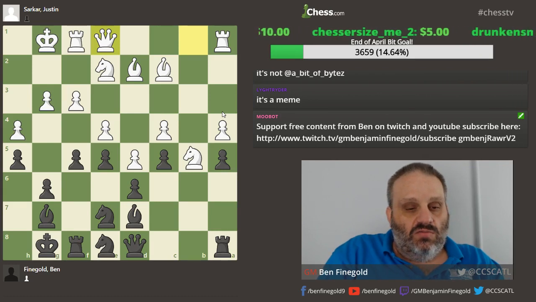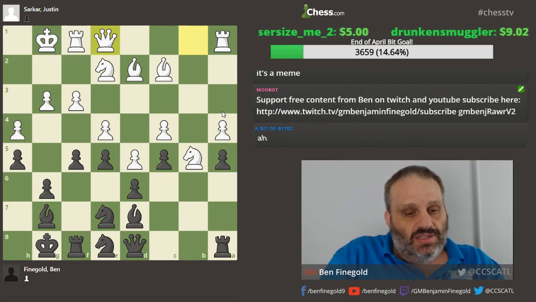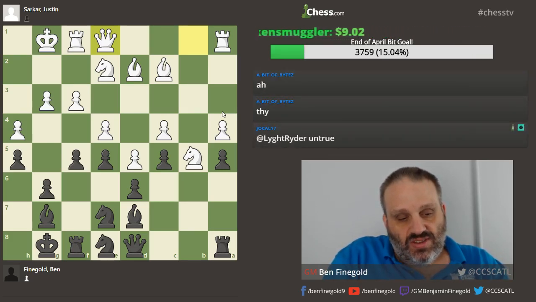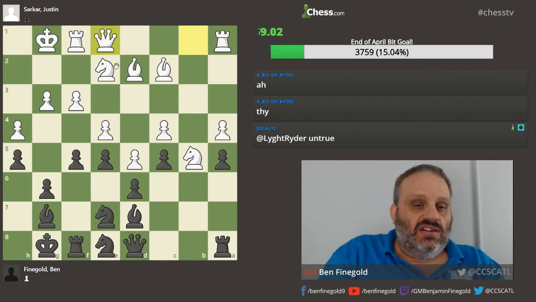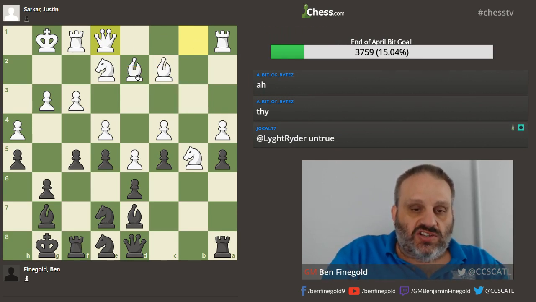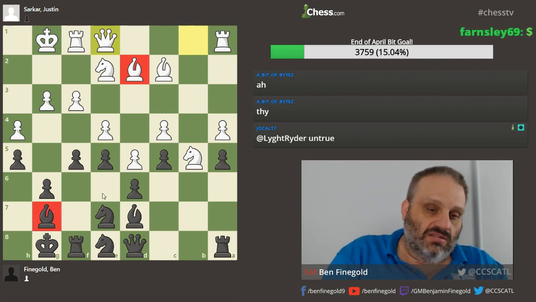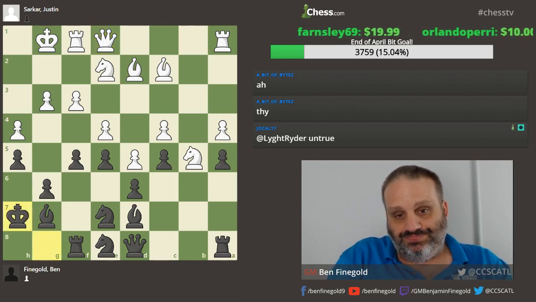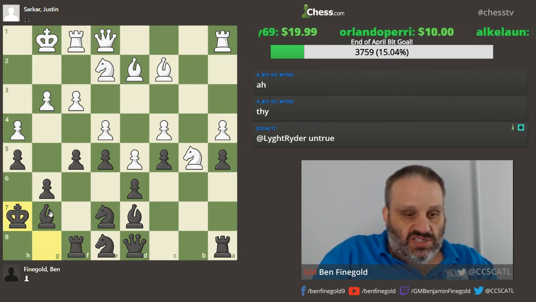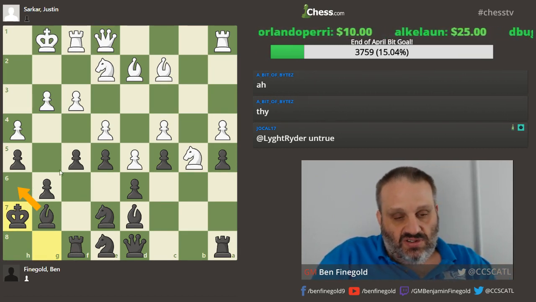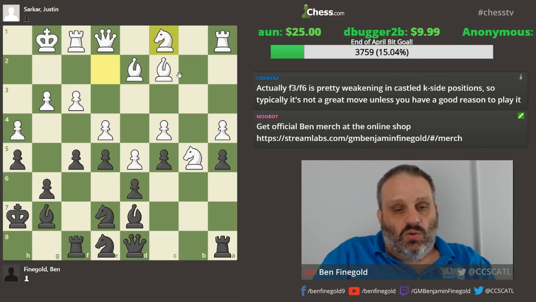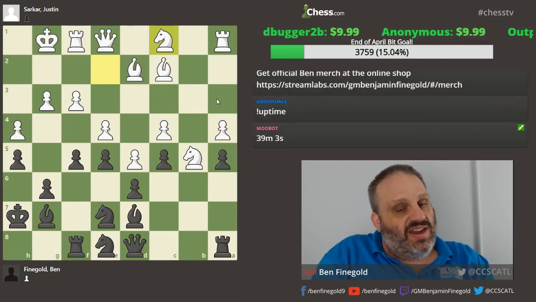Okay, now I made a weird move. I don't know. I decided when he did this, if I traded off the dark squared bishops, then he wouldn't win my pawn. Makes sense. So I have to play bishop h6 to do that. So I played king h7. And my intention was to play bishop h6 and trade the dark squared bishops. And then he can't win my a pawn.